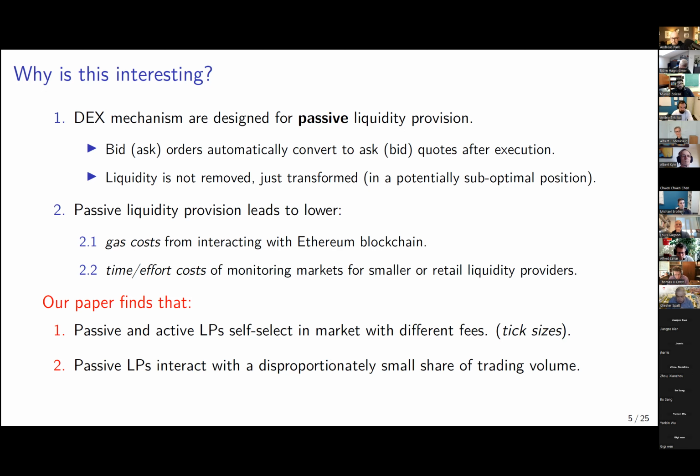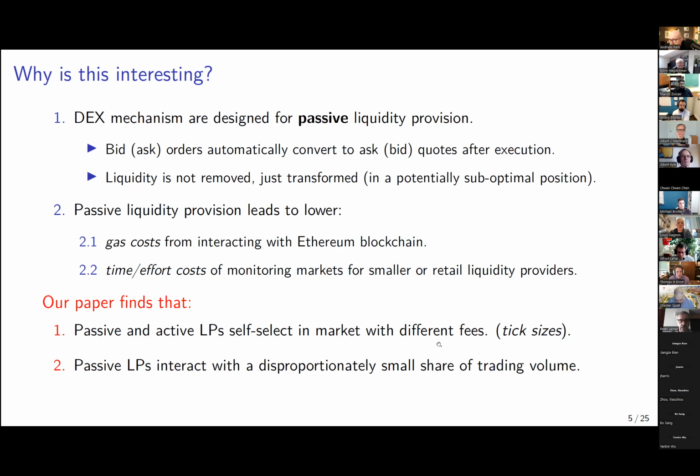And one major reason for the design is that you want the DEXs to be parsimonious, because interacting with decentralized exchanges is costly in terms of gas cost. I mean, as the systems evolve, potentially gas costs are going to go down, or they're going to go down to zero. So that's not going to be the relevant friction. But there's still going to be fixed costs associated with liquidity provision for small traders, for retail traders, right? There's the time cost, there's an effort to understand what the market is. And what this mechanism promises is a set it and forget it approach, and you just passively collect fees from liquidity provision.